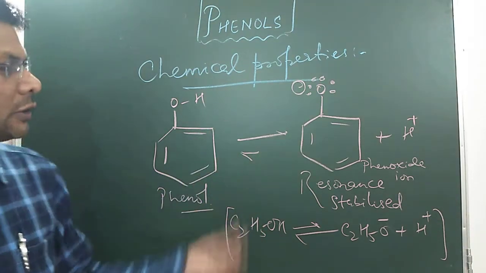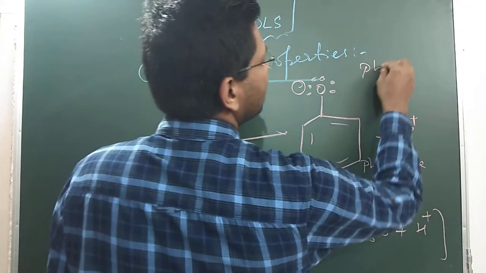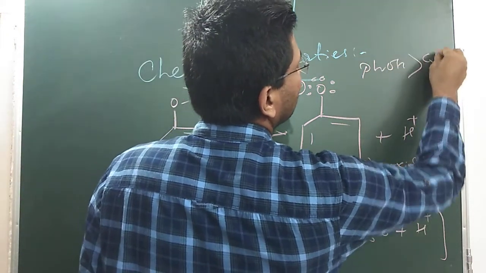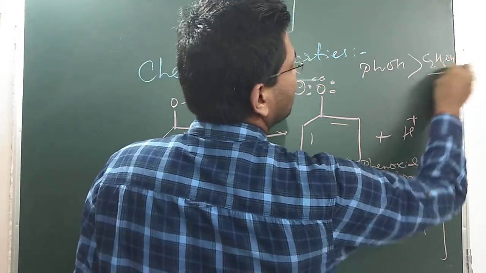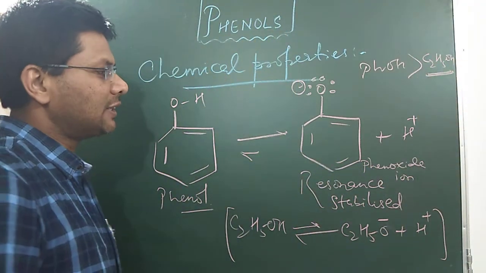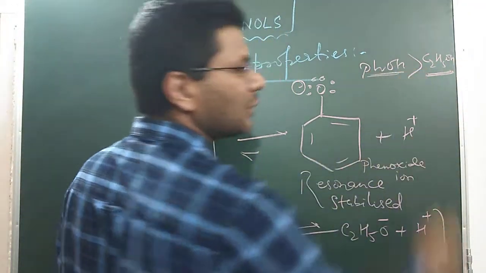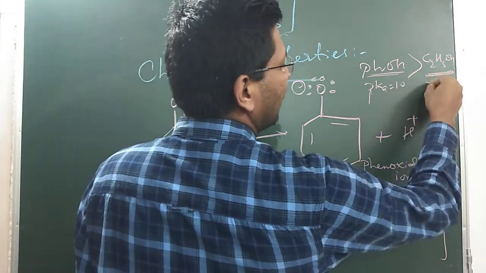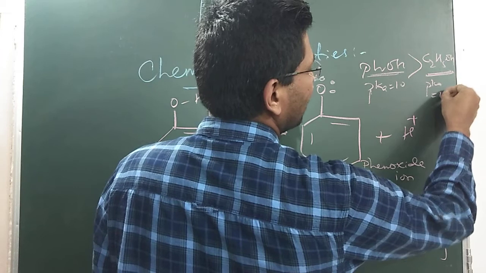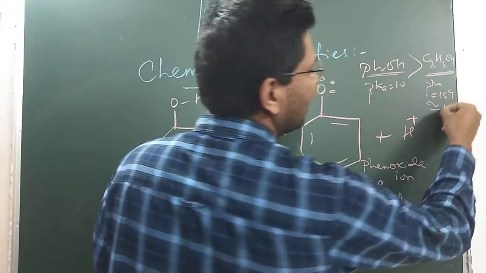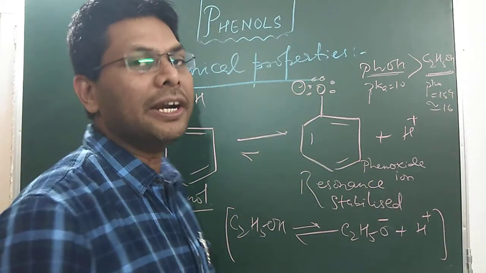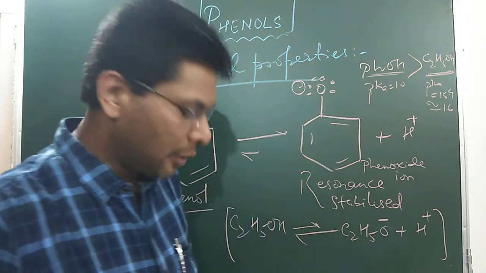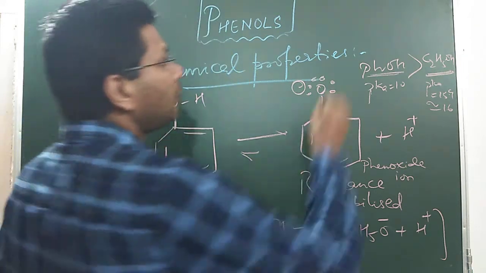So phenols are more acidic than ethanol because there is no resonance stabilization in ethoxide ion, but phenoxide ion is resonance stabilized. The pKa value of phenol is 10, and the pKa value of ethanol is 15.9, so approximately 16. That means phenol is a million times stronger acid than ethanol. But